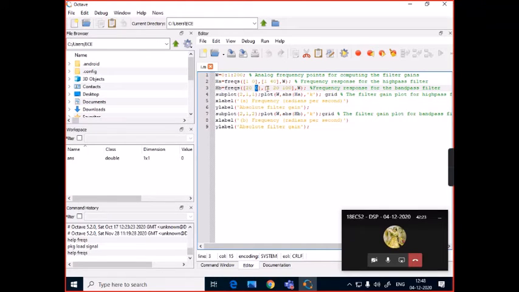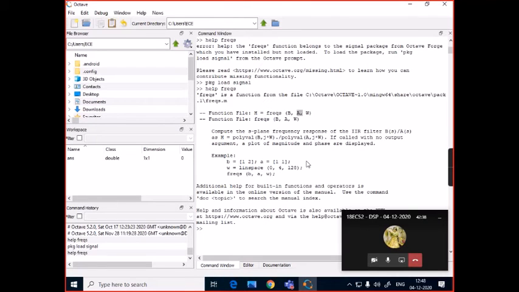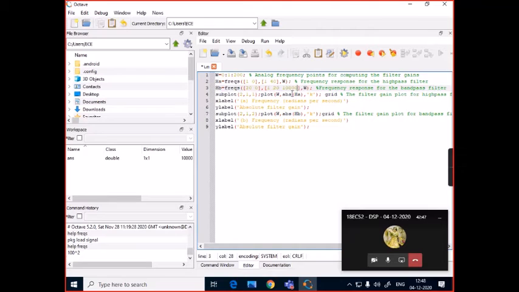In the denominator, the coefficient of s square is 1, the coefficient of s is 20, and the constant is 100 square. You can simply type 100 square here, which will be 10,000. So the constant value is 10,000, and the last argument is W.